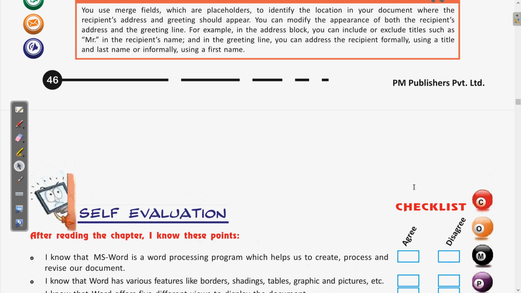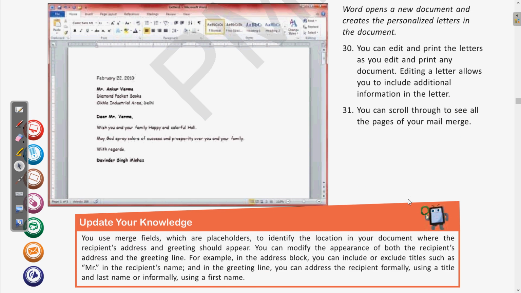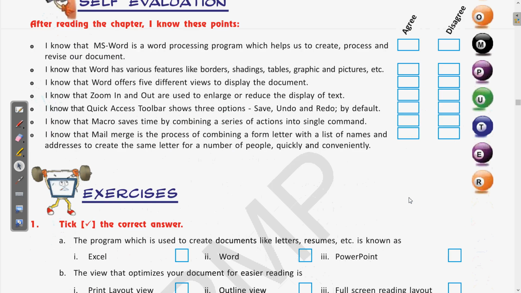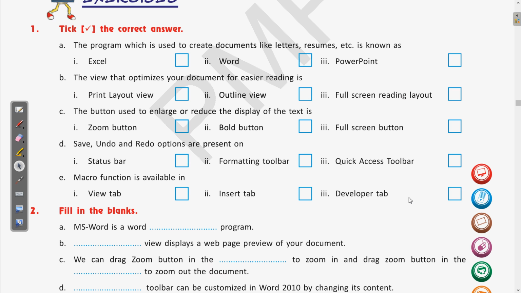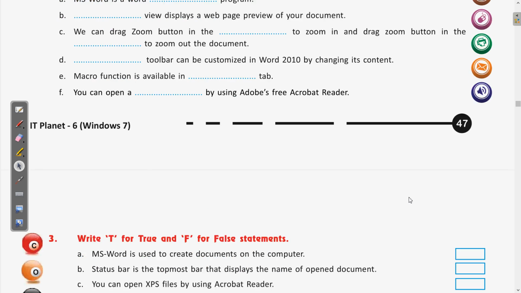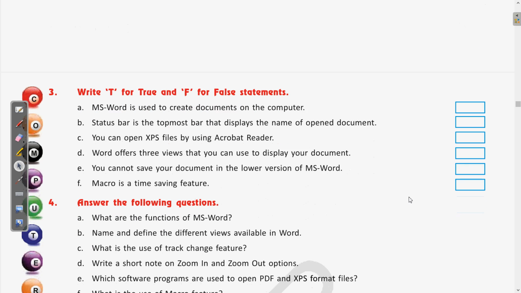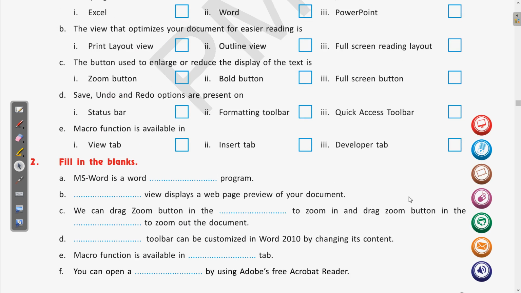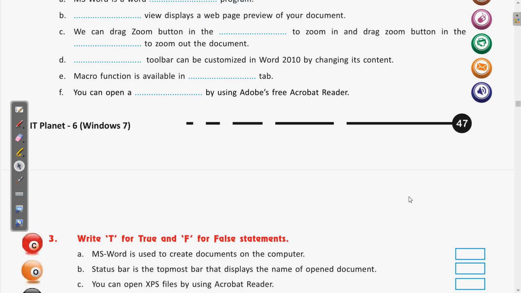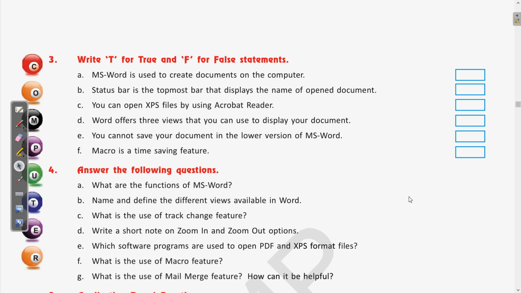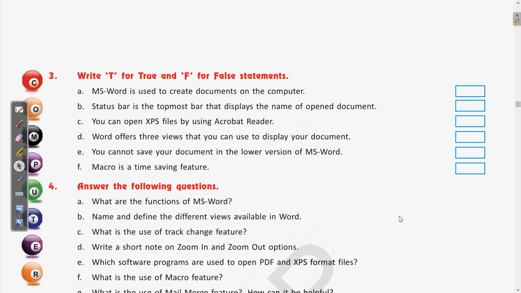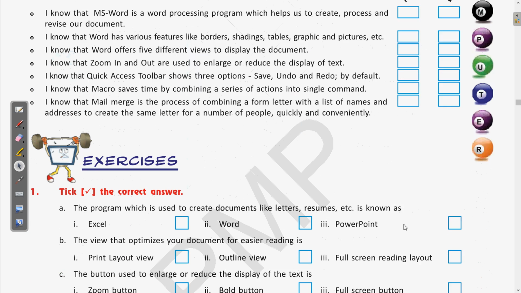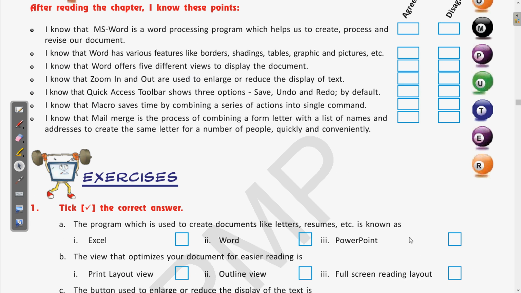In the next class, as we have completed the explanation of this chapter, try to do a few of the exercise questions. Question number 1 is to tick the correct answer, question number 2 is filling in the blanks, and question number 3 is true and false. So this will be your homework as well, questions 1, 2 and 3. Clear? So try to do these questions. In the next class I will discuss them, and you can check whether you have done them correctly or not. Okay, so let us meet in the next class. Till then, revise the things and try to do the questions.